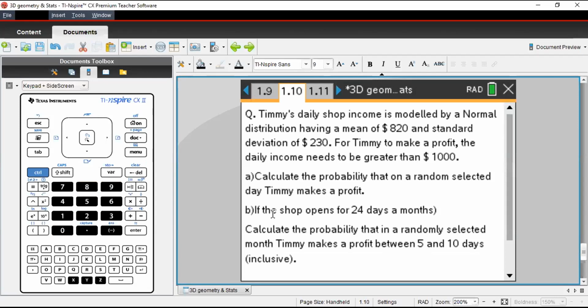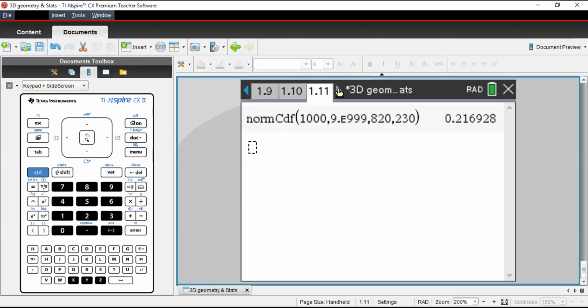So now moving to the next part of the question. If the shop opens for 24 days a month, from this we can understand that it is a binomial question. You need to calculate the probability that in a randomly selected month, Timmy makes a profit between 5 and 10 days, inclusive of both. Since the shop is open for 24 days a month, it's a binomial distribution. Let me go back to my calculator page.